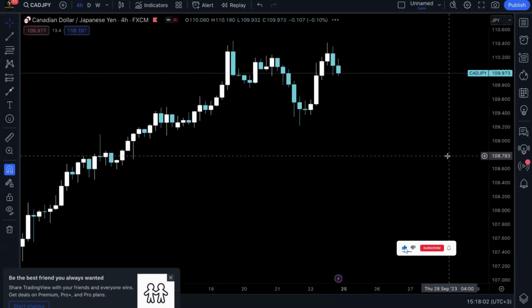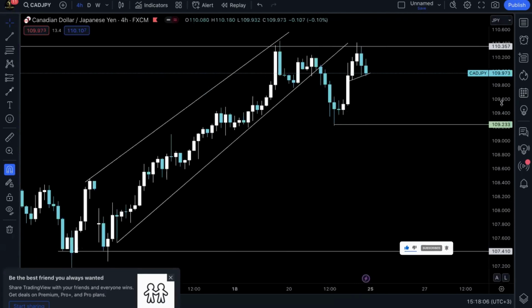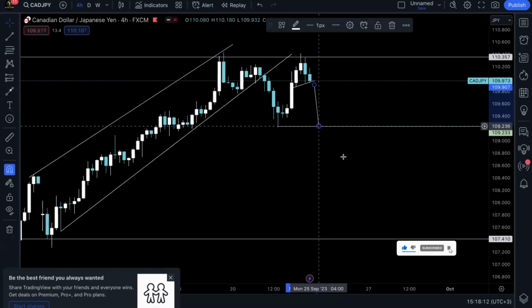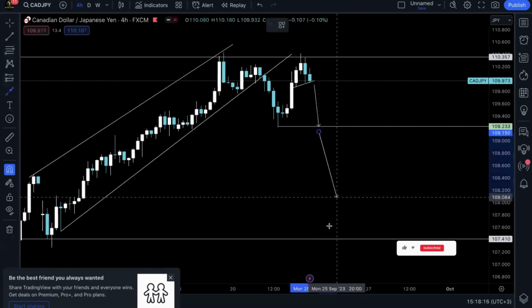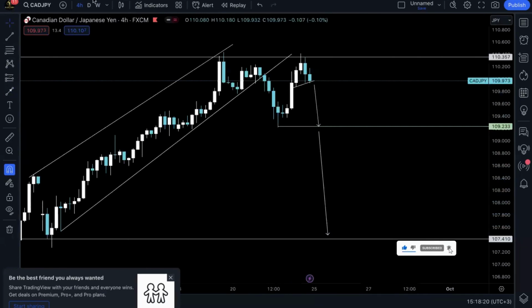We got CAD JPY, same scenario as EURJPY. I'll be anticipating to see prices pump lower with these as the first targets, and these are the final targets. So we can actually see